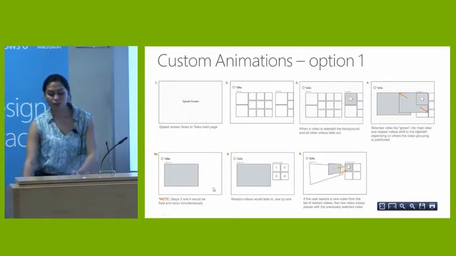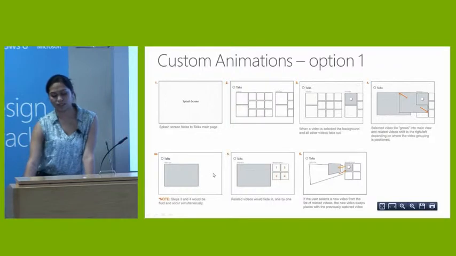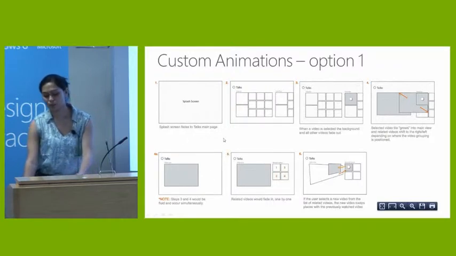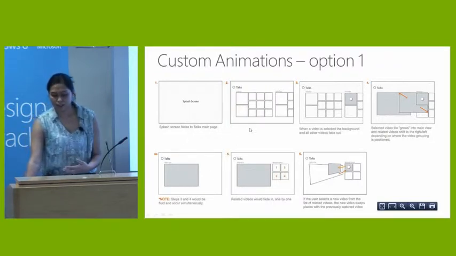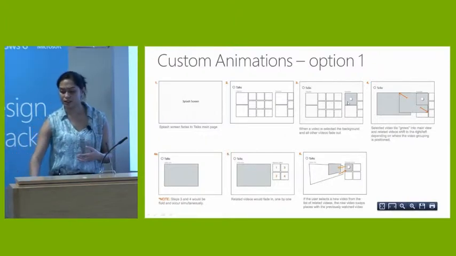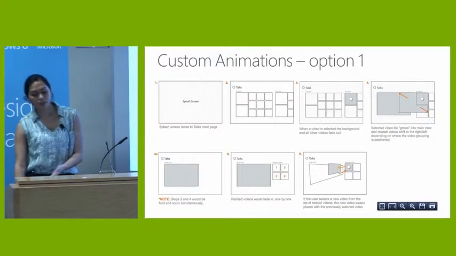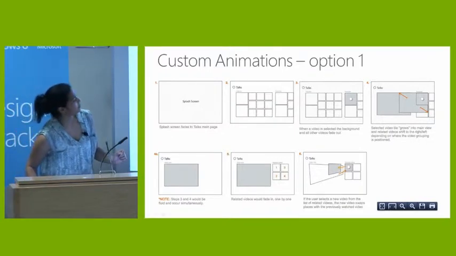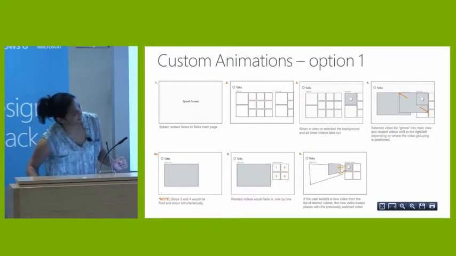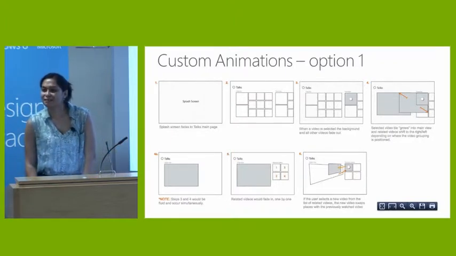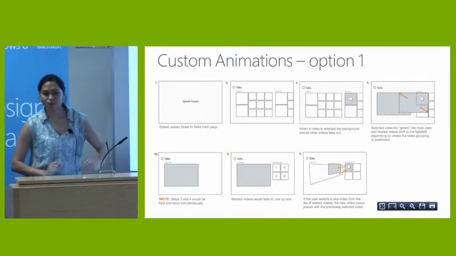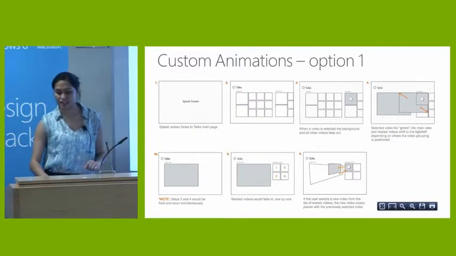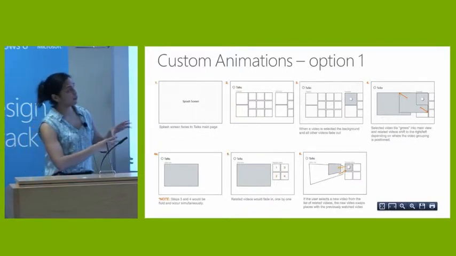So in the first custom animation option, you've got a splash screen. The hub shows up just like you've seen. And then the user taps on one of the videos, but it's in the second section. And then you notice in step 4 here that it's, oh, you don't see it. I feel bad about this. So step 4, which you can't see in the room, is that the tile that was,